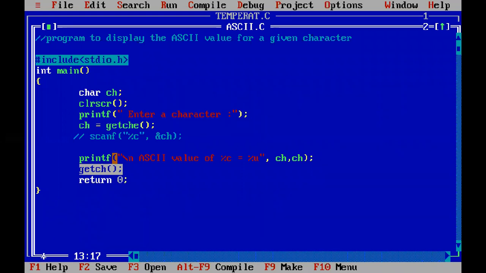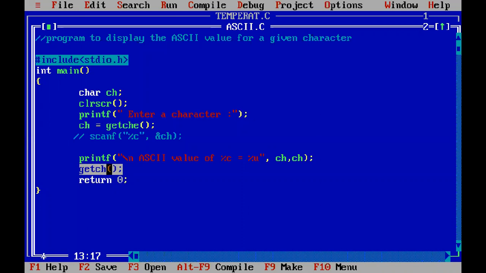Whichever key you have pressed will not be displayed on the output screen. It is just that after the entire program is done executing, just before return 0, we use getch, because firstly we want the screen to be held so that we can view the result. It is just like a pause, and we can exit the output screen only after we press a key. That is taken care of by the getch function.